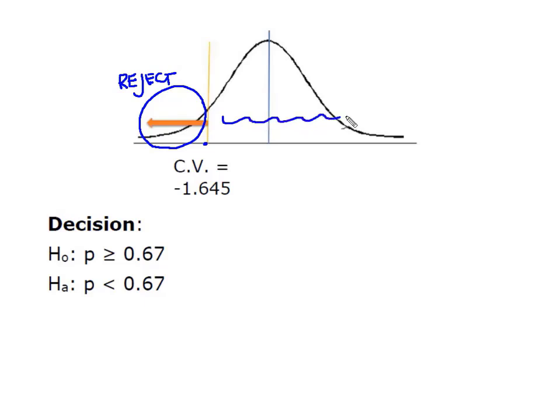As long as my calculated test statistic is in this area of the curve, then my decision will be do not reject. So I calculated my test statistic to be just 0.38, which is well out of the rejection region. So our decision will be do not reject H0. There is insufficient evidence at this point to support the researchers' claim that at least 67% of geese fly south